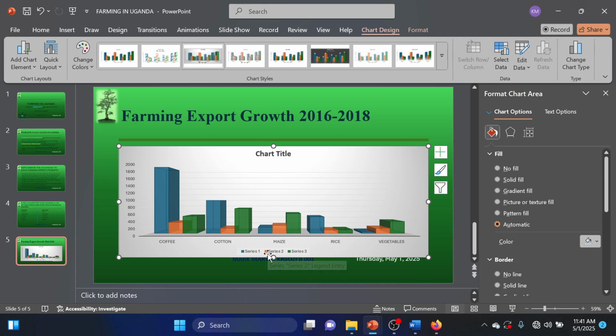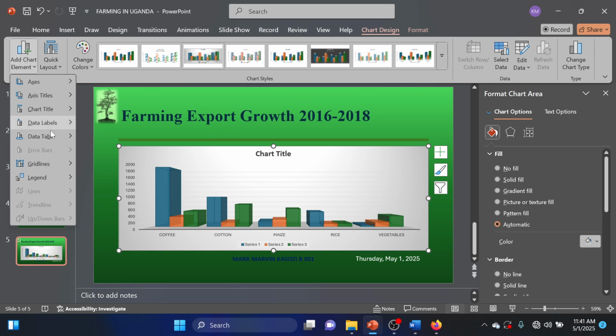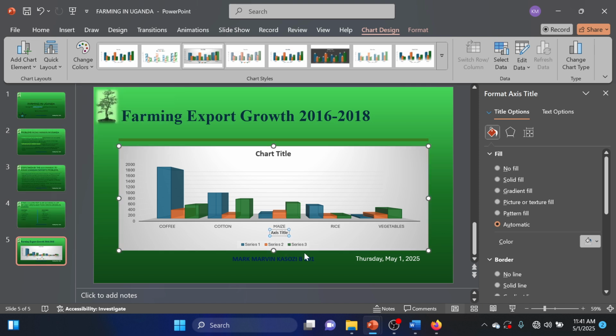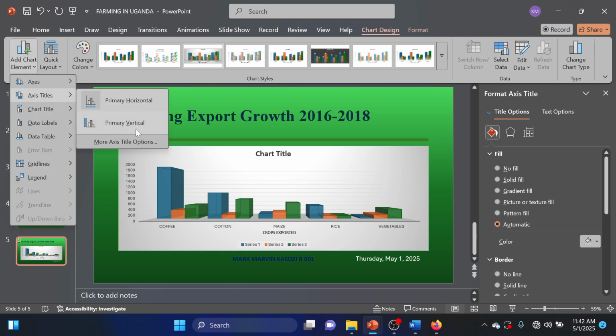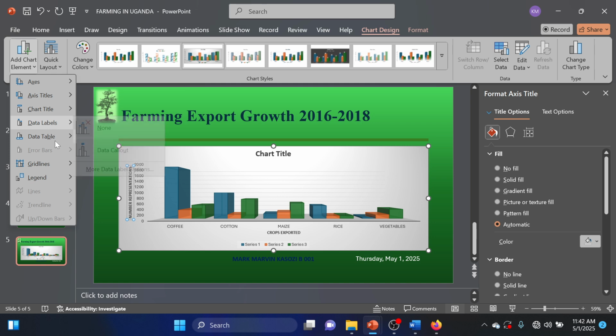And I can just put a legend, x-axis, y-axis, under chart design, add chart element. There's axis titles, primary horizontal. Then I type what this axis is all about. These are crops exported. Then back to chart design, add chart elements, vertical. I type: is a number representations. Then back to add chart element. I can put a legend on the right